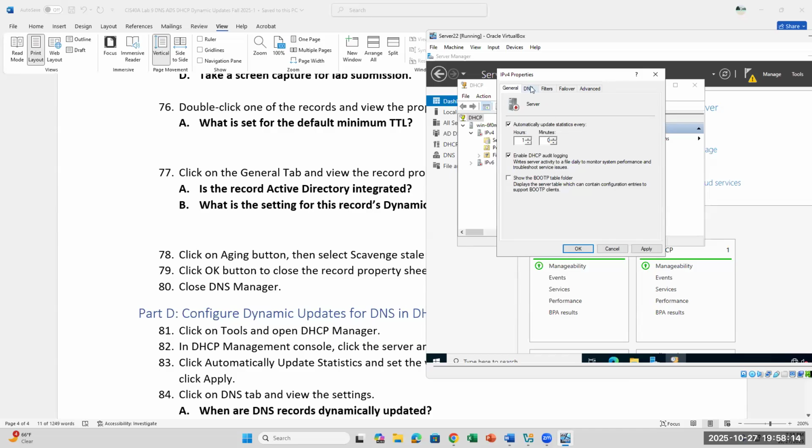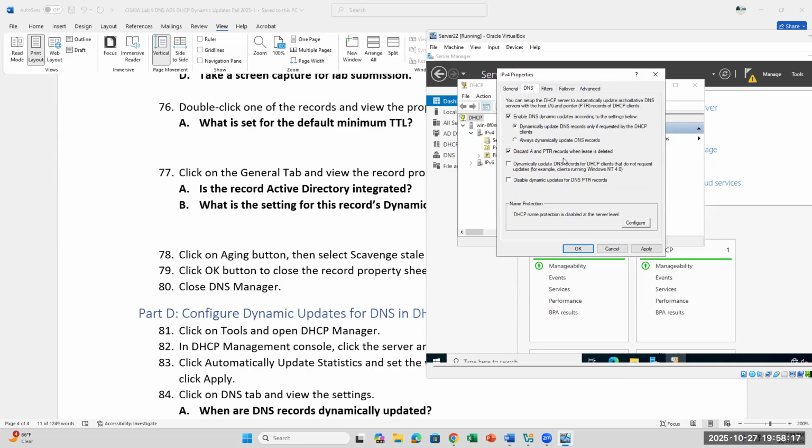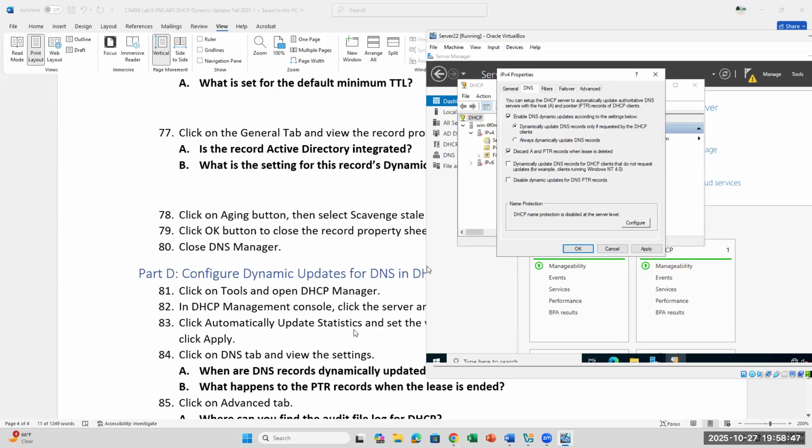Then before we close it, go to the DNS tab. And remember, we talked about dynamic update for the DNS records from the DHCP. So this is going to tell you that it's only when DHCP clients request it. You can force it to always dynamically update, but that's going to take up a lot of bandwidth. So it's only when there's a request from the clients. So that means that if I have a new system that's turning on or trying to connect to the network,